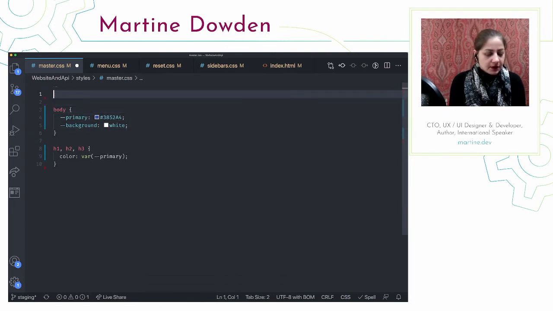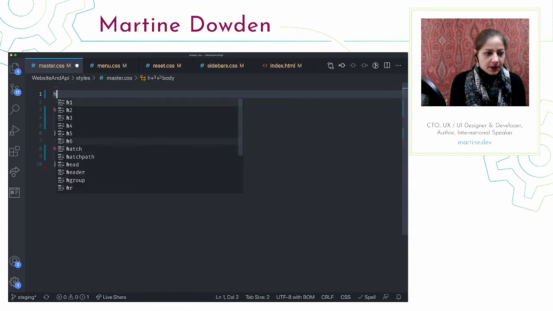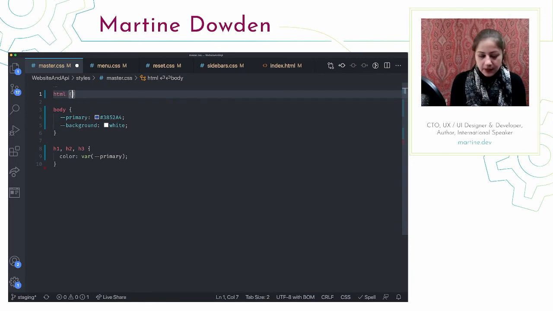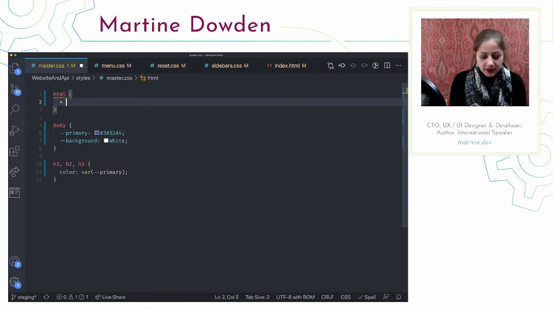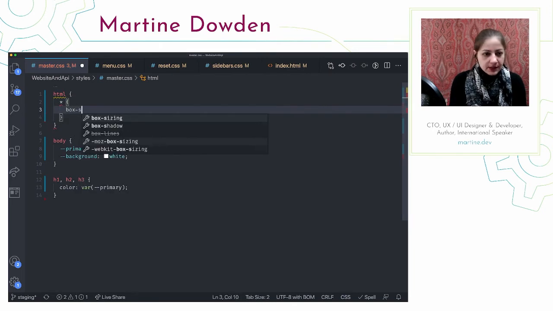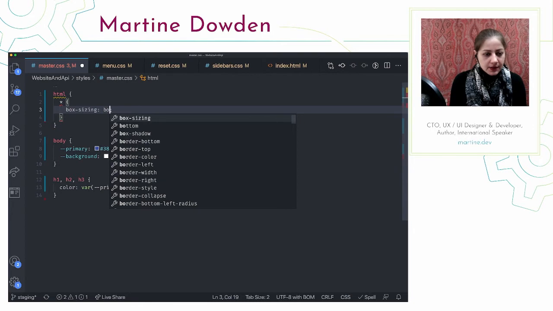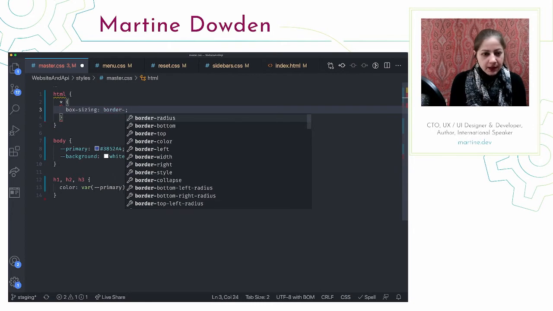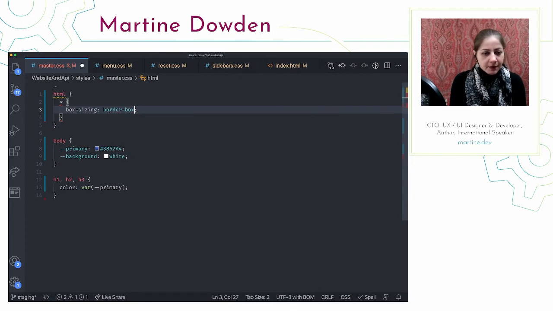I want everything to use border box because it allows for my margins to be a lot easier to calculate. So HTML, I'm going to take everything and say I want you to use box sizing, border box, because that way I don't have to worry about my padding and margin.